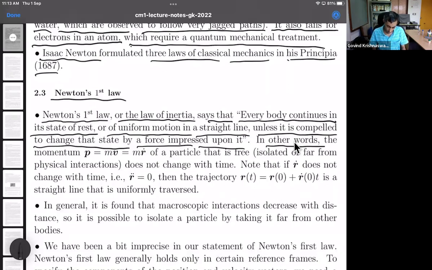In other words, the momentum P equal to mass times velocity, which is also the mass times r dot of a particle. So momentum is mass times velocity, and velocity is r dot. Okay, so those things we are already familiar with. What we are saying is that if the particle moves in a straight line, it means the velocity,